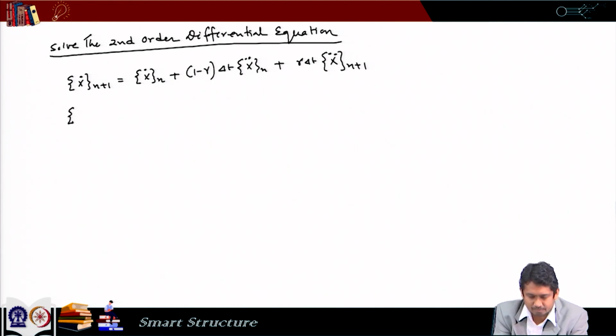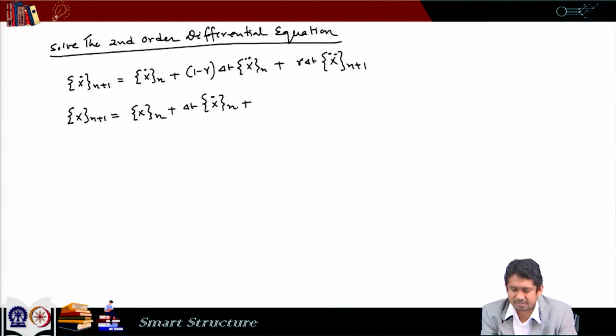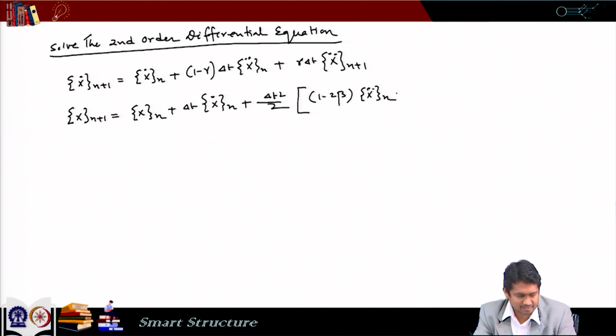And then similarly, x n plus 1 is written as x n plus delta t x dot n plus, after that we expect a term of x dot at n plus 1, and instead of that we write x dot at n plus 2 beta times x double dot at n plus 1,